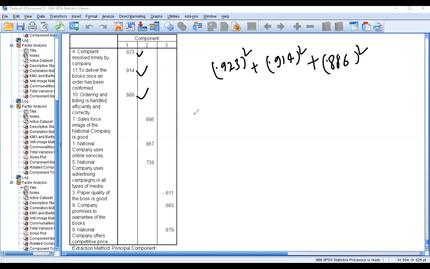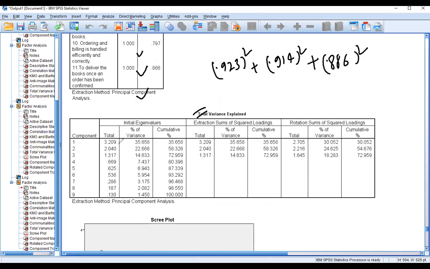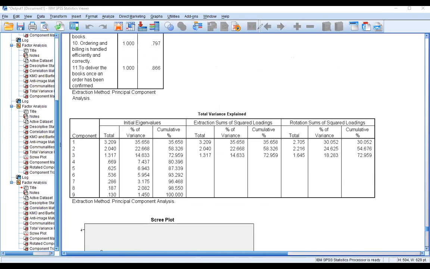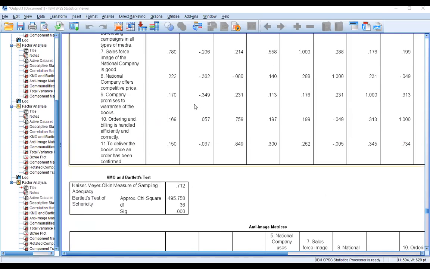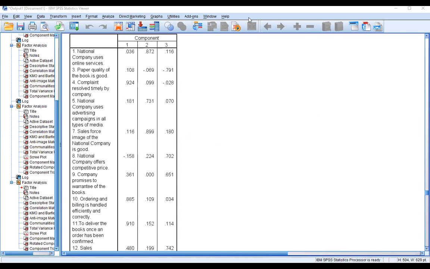0.886, जब हम इसको स्क्वायर कर देते हैं तो हमारे पास क्या आ जाता है, आइगन वैल्यू। तो अभी हम देखेंगे कि हमारी आइगन वैल्यू कितनी आ रही है। इसमें आप देखिए दी आइगन वैल्यू इज 3.209। जब आप इनको स्क्वायर करेंगे, हालांकि मैंने इसमें जो लो फैक्टर लोडिंग है वो हटा दी है, तो आइगन वैल्यू बेसिकली व्हेन यू वर्टिकली, देखिए मैं पूरी प्रीवियस टेबल ले रहा हूं, square of this factor loading plus square of this factor loading plus square of this factor loading, सबको ऐड कर लेते हैं तो हमारे पास क्या आता है,